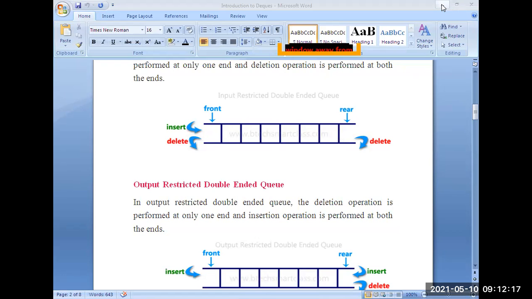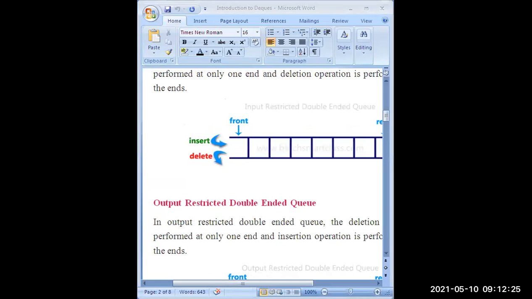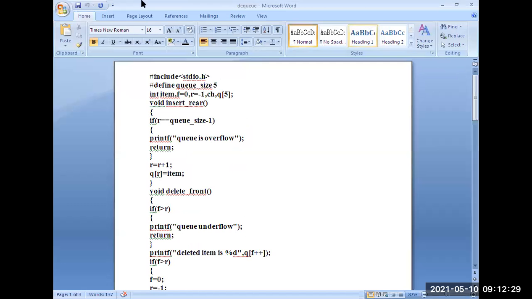Okay, so now we see the program here. So all of you concentrate, because this is a data structure subject. You must know the program and also the concept. From an exam point of view, if we ask a program or a question, you should be able to write the program or theory. That's why I'm explaining with the program. See here.